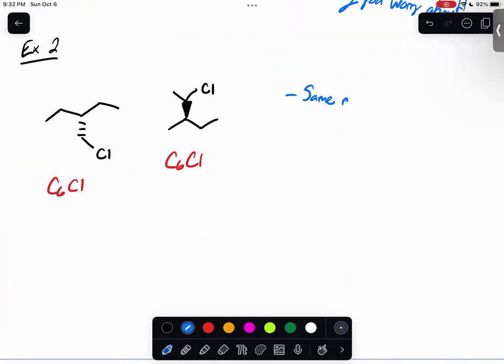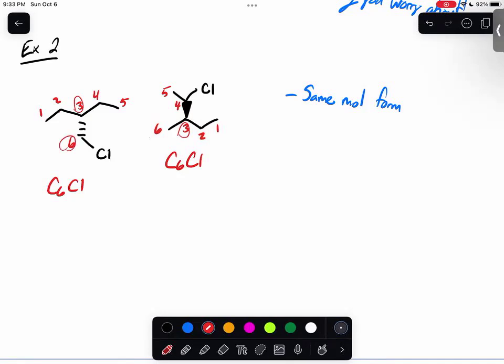So same molecular formula means that now we have to check our connectivity. So looking at the structure on the right, again, best way to do this is to label the carbons. So there's 1, 2, 3, 4, 5, and then we'll even label that one 6, because again, this isn't nomenclature labeling, it's just labeling to make sure we know what's going on. This one over here is a little interesting, whereas 1, 2, 3, 4, 5, 6. So for this one, we see that, okay, we have attached to carbon 3 in both examples is carbon 6,